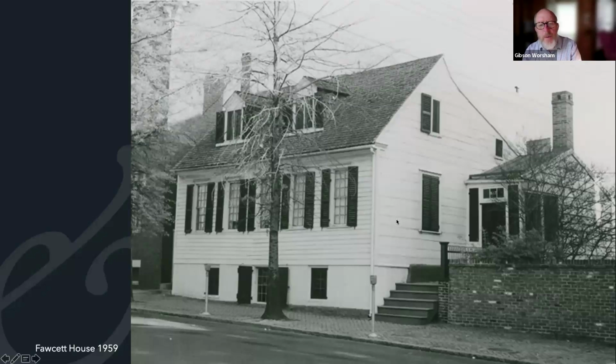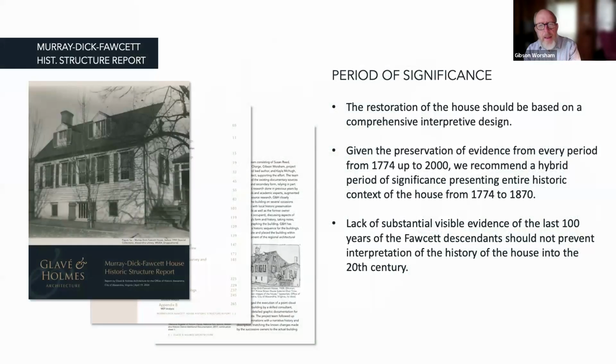In 1959, we see a really sharp view of the place as it existed during most of the 20th century and even earlier, the 19th century, when it was still known as the Fawcett House. It's had many different names through the years. One of the main things that we were asked to do was to come up with a period of significance for the house. That kind of period of significance helps us to prepare interpretive plans to decide how to present the house in terms of paint and other features that we restore or